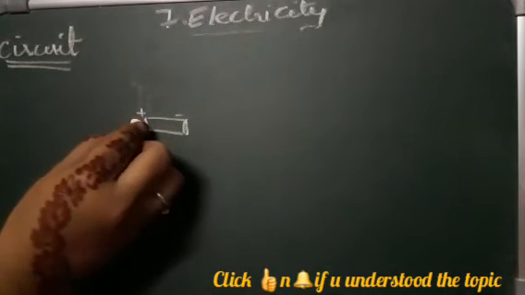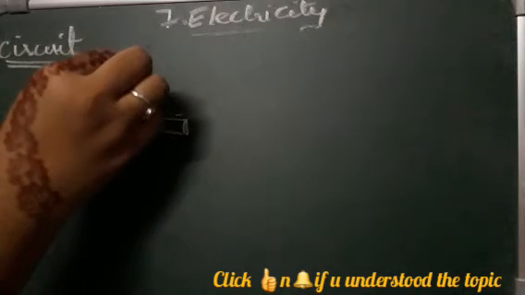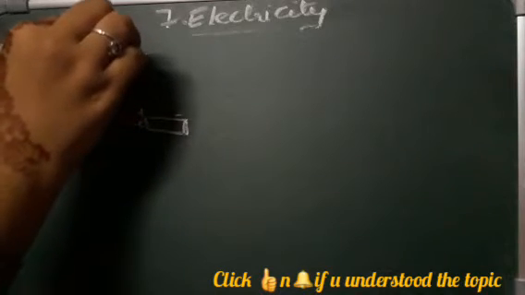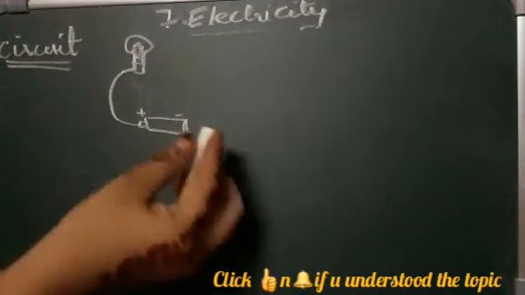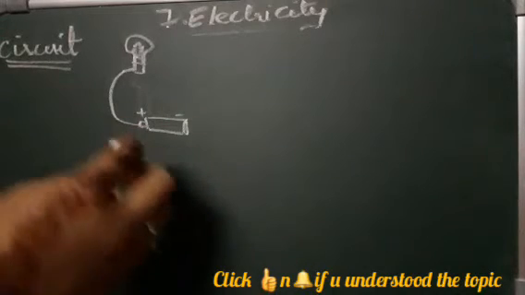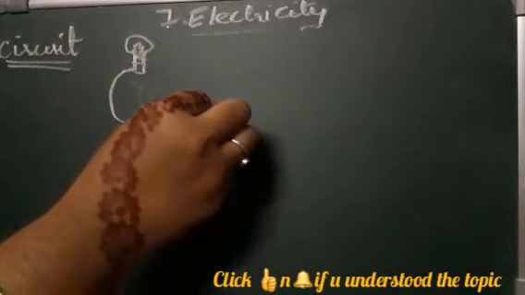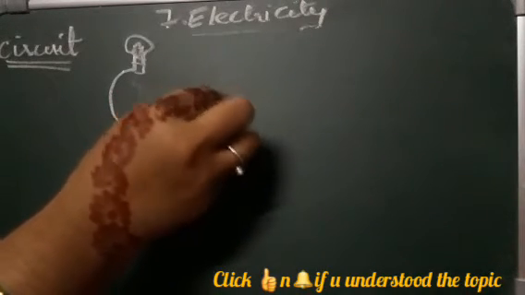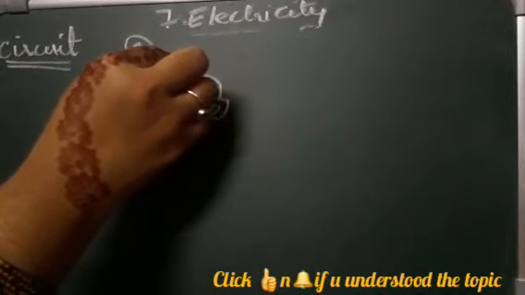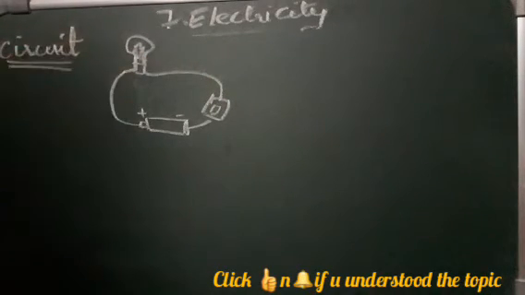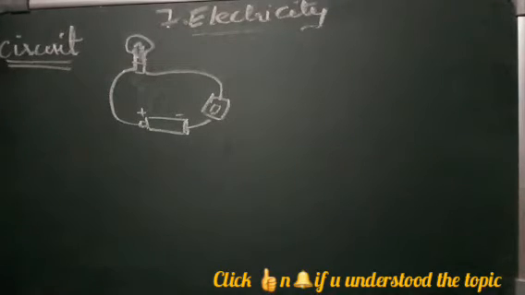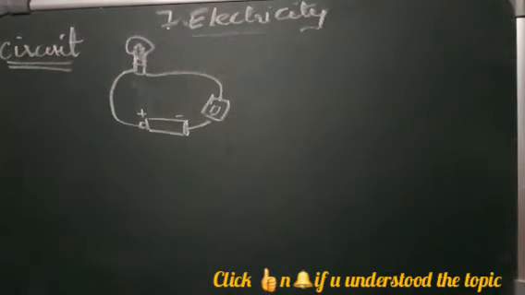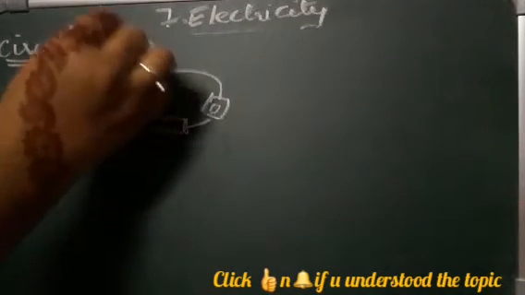Now you're taking a wire and connecting it to a bulb. Now with the negative terminal, you are taking this and connecting it to a switch. You're connecting it to a switch, and from here you're connecting the wire to the bulb. Okay, so now see, all you're doing is switching on and the bulb is glowing.